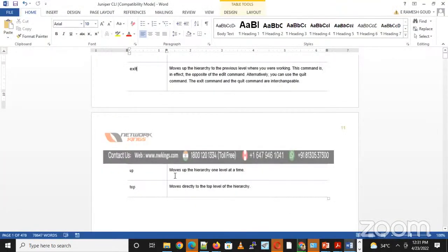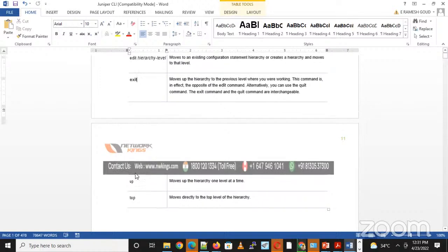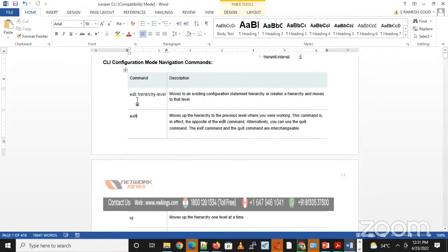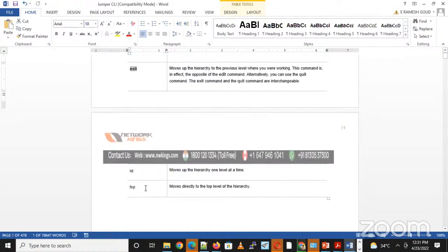Fine. So there is a shortcut key. These are the key commands. Edit hierarchy level we have already come to know, right? And exit. If you want to come back, you can give the command exit. And up and top. Up is like,